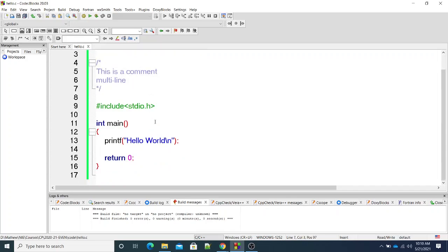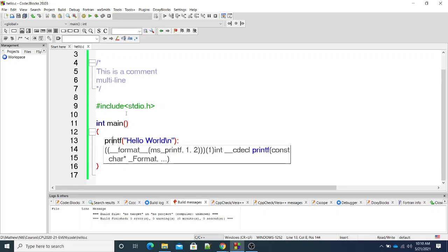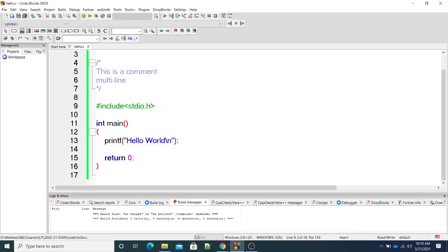Now, if you are not using any function written by others, this is also optional. But in 99% of programs, one or other functions written by others will be used. So this will always be there. What is mandatory?